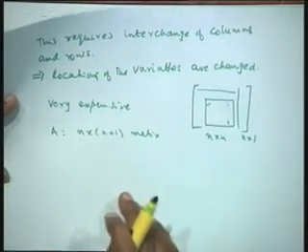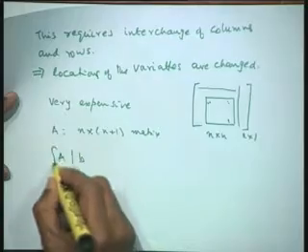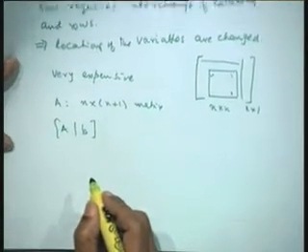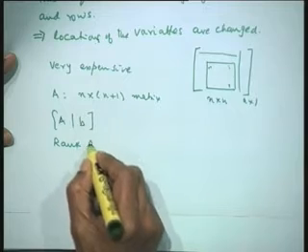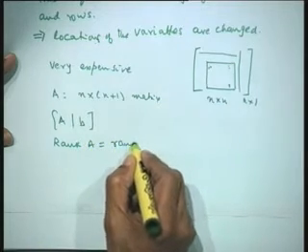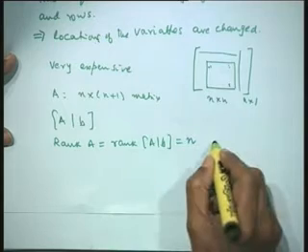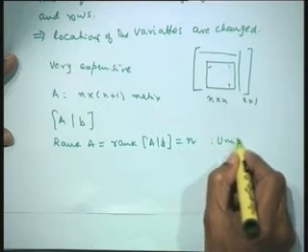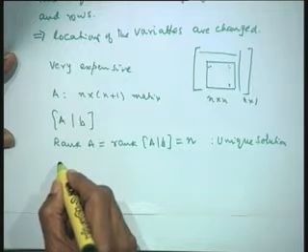Now earlier we have discussed consistency and inconsistency with respect to this augmented matrix. Let us just remember what we said at that time. We said if the rank of A is equal to the rank of this augmented matrix and this is equal to n, then we have a unique solution.